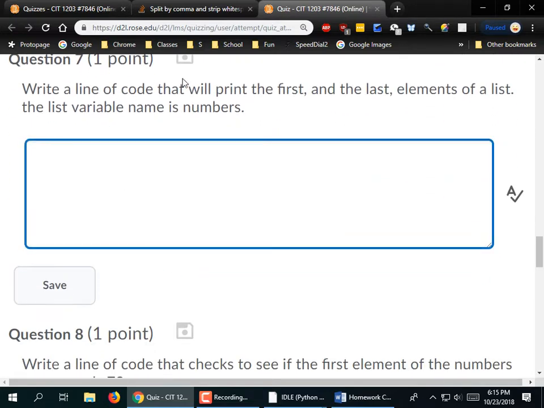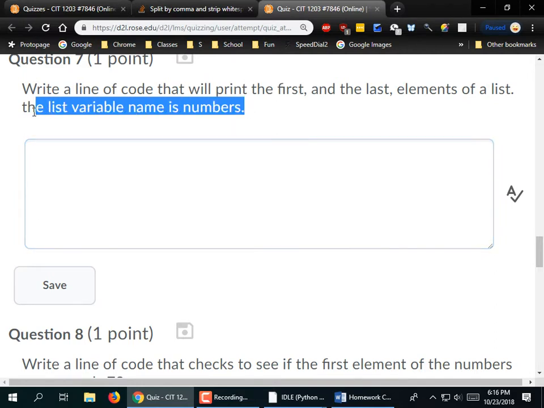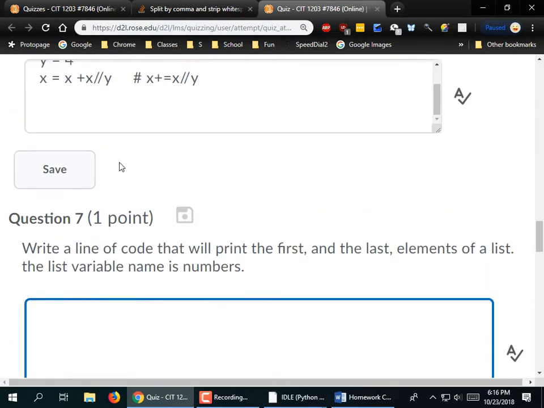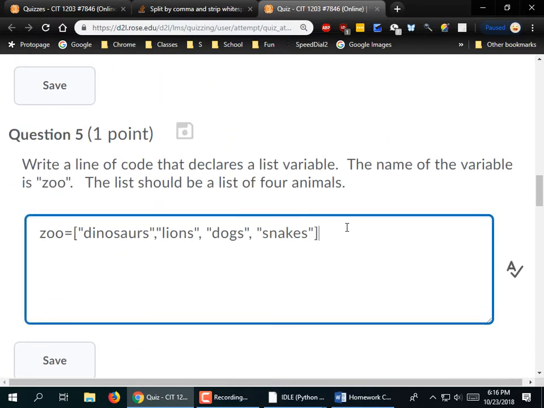All right, so write a line of code that will print the first and the last elements of a list, except I think on the exam it was a string. Same exact idea. The list variable name is numbers. All right, there's an easy way and then there's a slightly less easy way. But if you have a list, like remember that zoo list we had up here? And you want to get the first element,